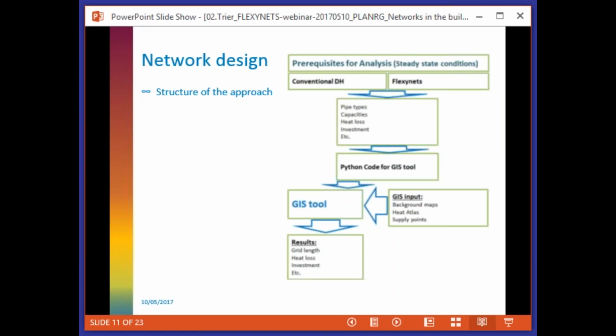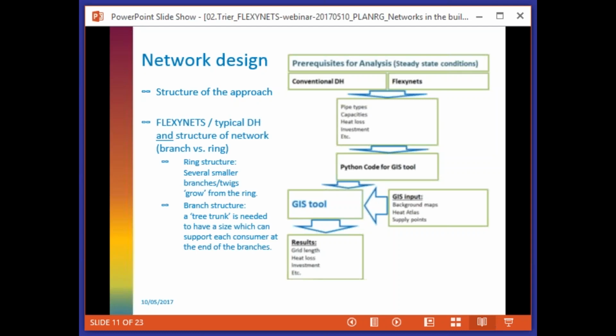So in order to be ready for that kind of answers, or in other words, defining where FLEXYNETS is more feasible compared to conventional district heating or individual heating, we have compared also with conventional district heating network layouts. And not only this comparison has been made, but also different structures of the network itself, where we compared